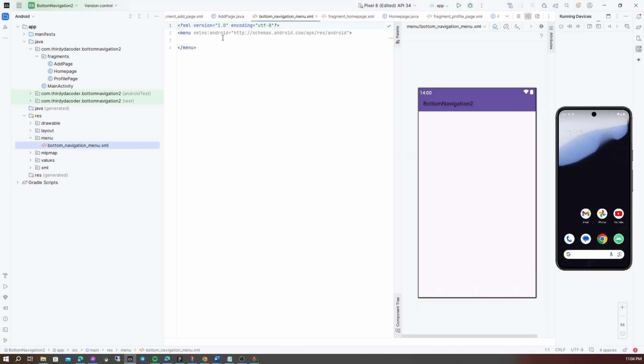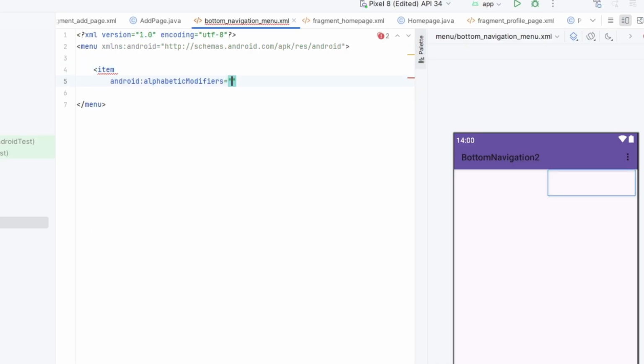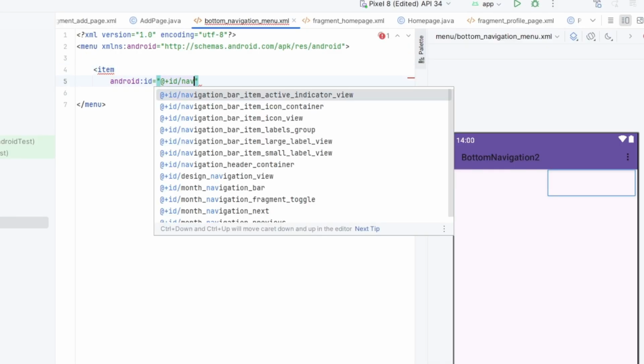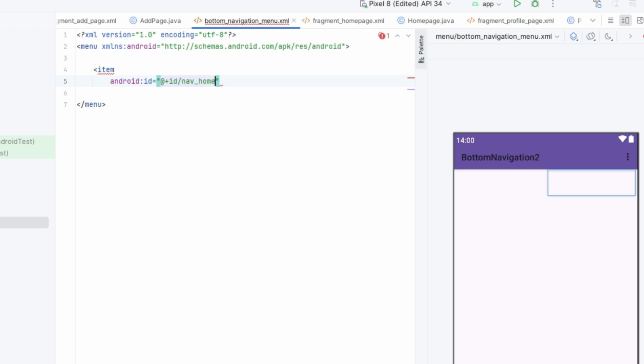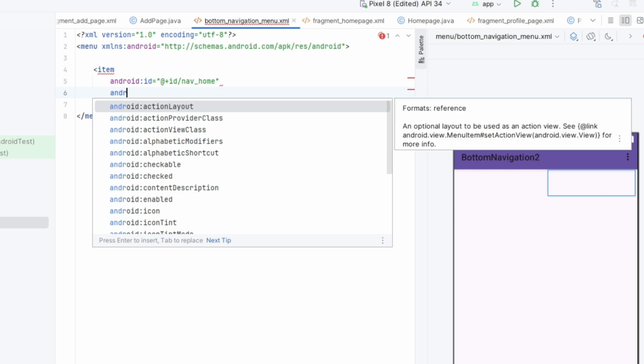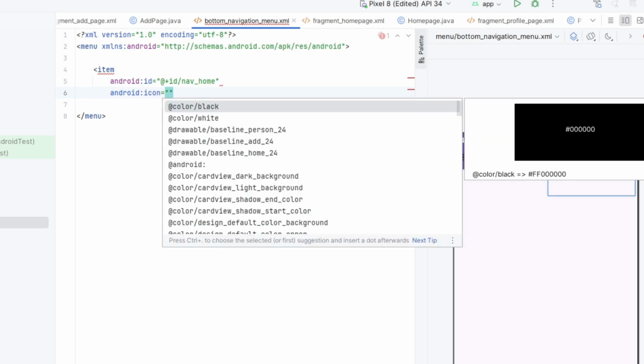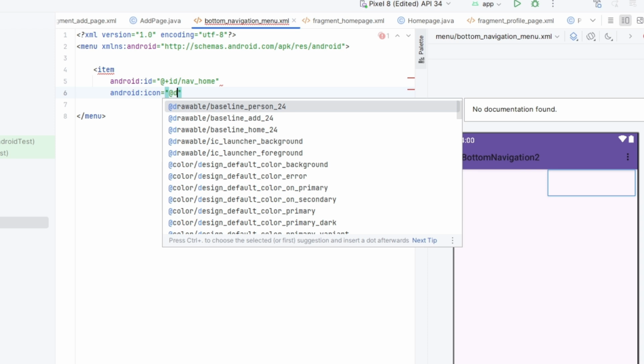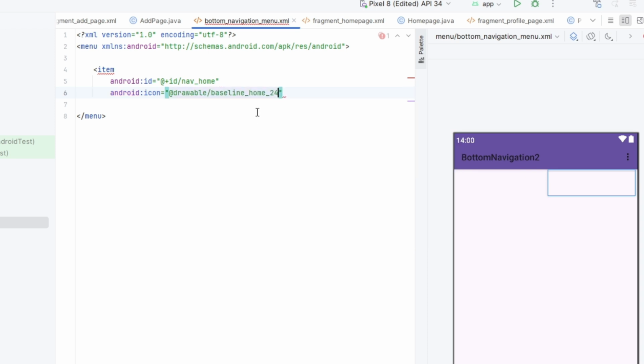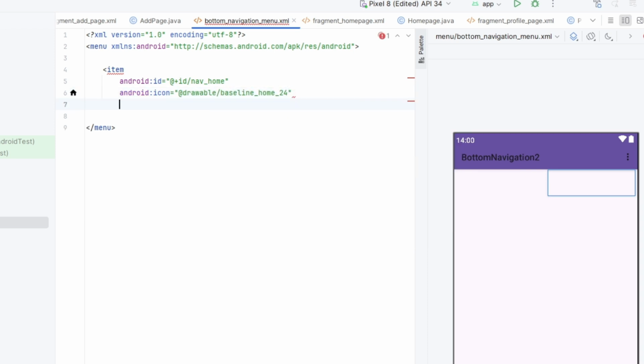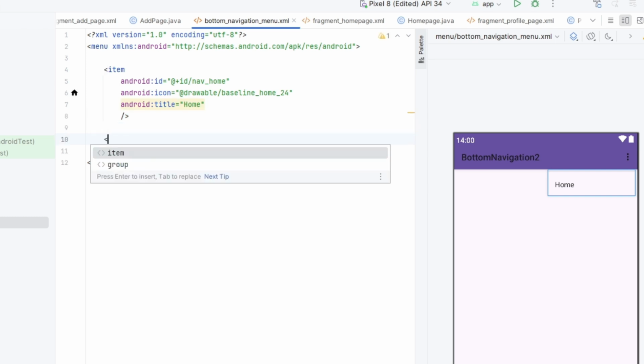Let's code the bottom navigation view. We name it navigation home. Here, this is the variable or the reference. Please remember this, or we can go back to this later. Then the icon, search for home. Then we can name the title as home. Then we close the item.